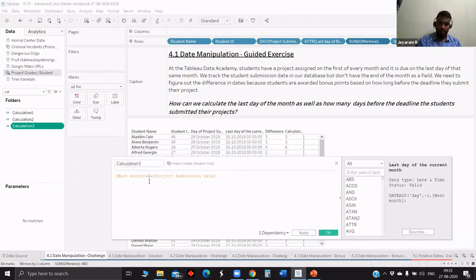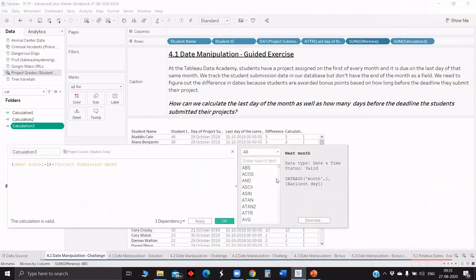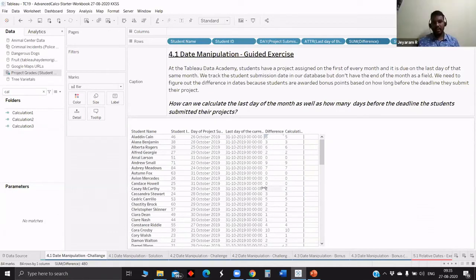Next one. So minus 1. So we'll get minus the 1, current. Yeah, it works. By default, it will take the day. If we want to subtract month, then we can go by date difference function and we can define the date part as month or week. If you want date, you can go directly. Okay, excellent. Perfect. Great. Awesome.